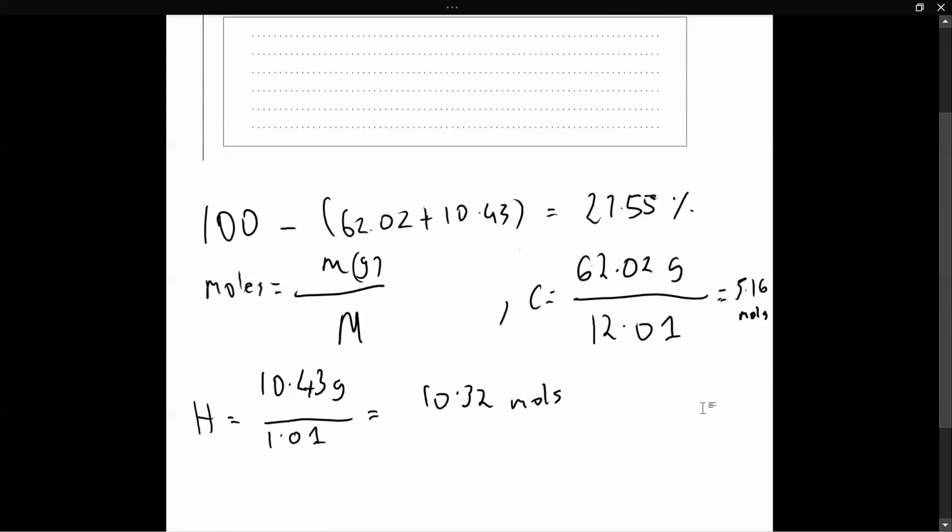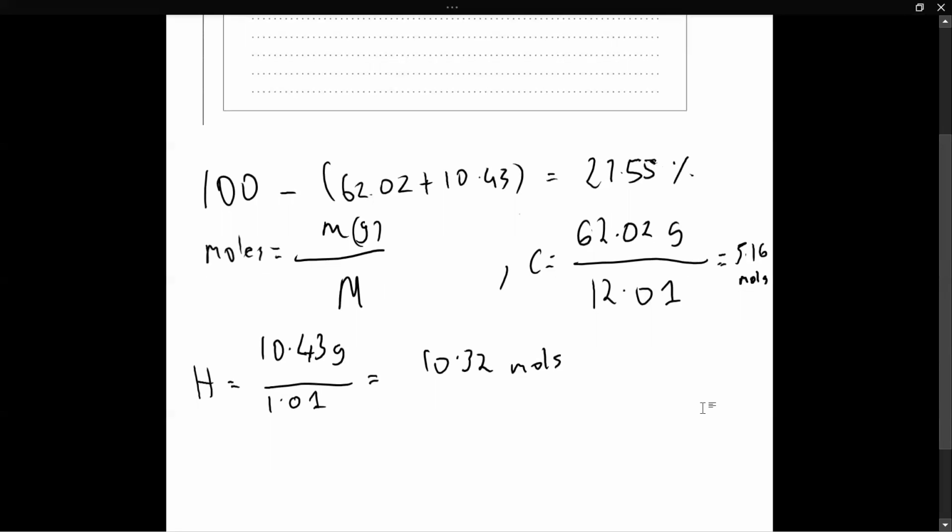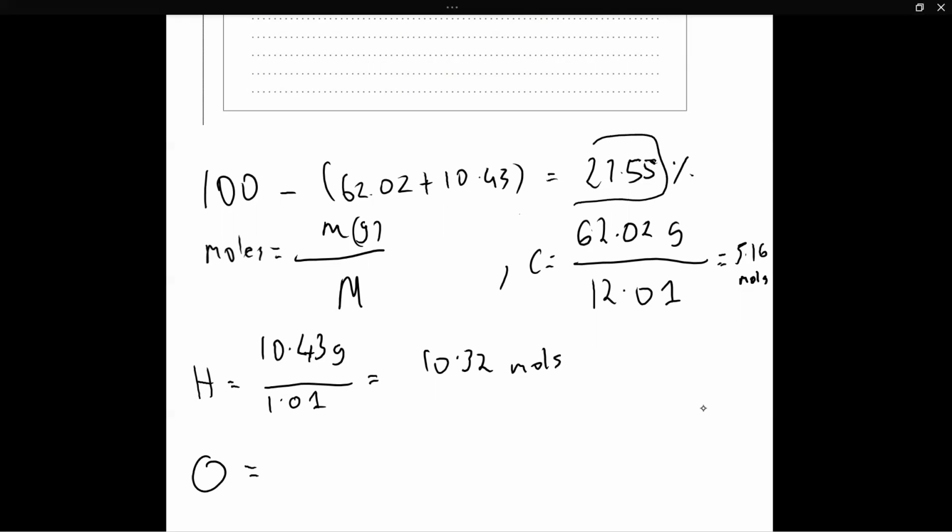Anyways, next, let's calculate the number of moles for oxygen. We have been told that there's 27.55% of oxygen in the organic compound, and we have made the assumption that we have 100 grams of the organic compound. So the mass of oxygen in 100 grams of the substance will be 27.55 grams. We divide that by the molar mass of oxygen, which is 16, and we get an answer of